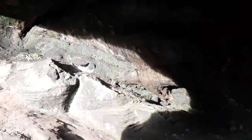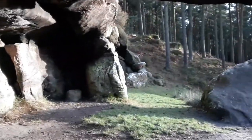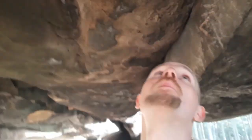There's definitely enough space under this to shelter a small troop of people from the elements. Doesn't seem very hospitable with this big open front, especially living in the area. I know the wind normally comes from that way all the time, so it'd be blowing in here. But certainly got a good view of the surroundings. And there is cover over top. So in a pinch,